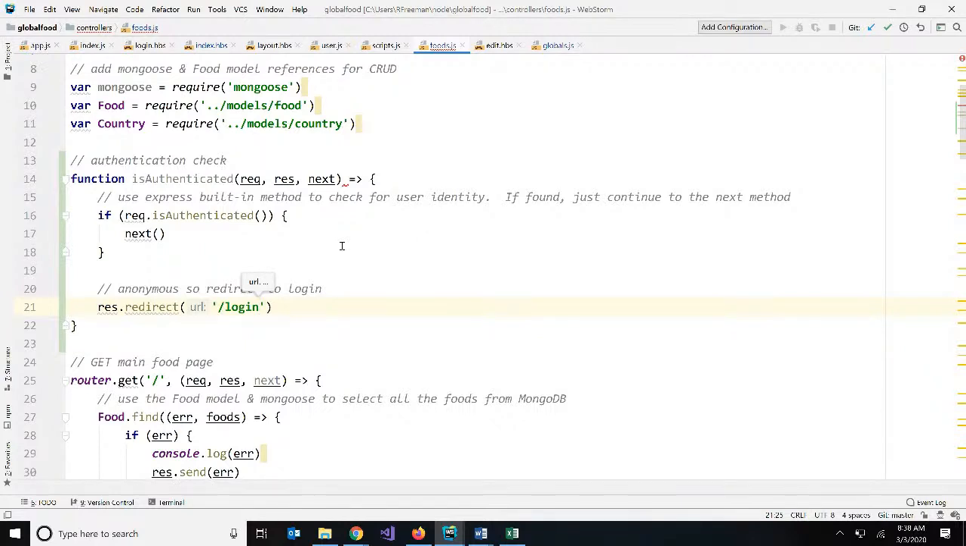So now we want to call this method in front of most of the other methods in our controller. We don't need it in index because our index page is public. Anybody can see it. But we have two methods for add, a get and a post, two methods for edit, a get and a post, and we also have a delete method. So every one of those methods should call